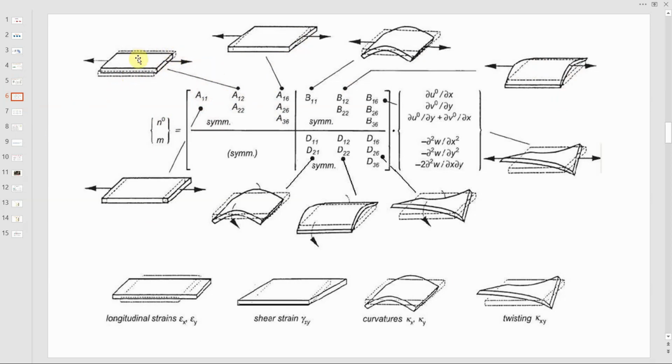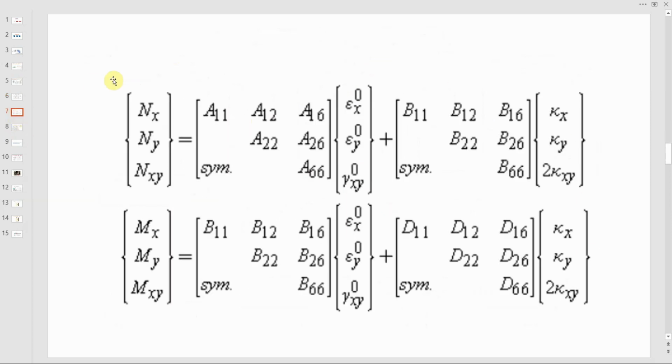Any part of this matrix shows a different behavior of the composite under a specific force, and we can explain any element, and here it is shown, and